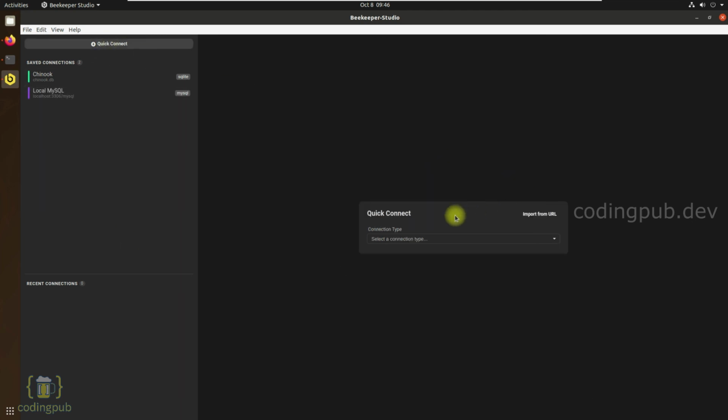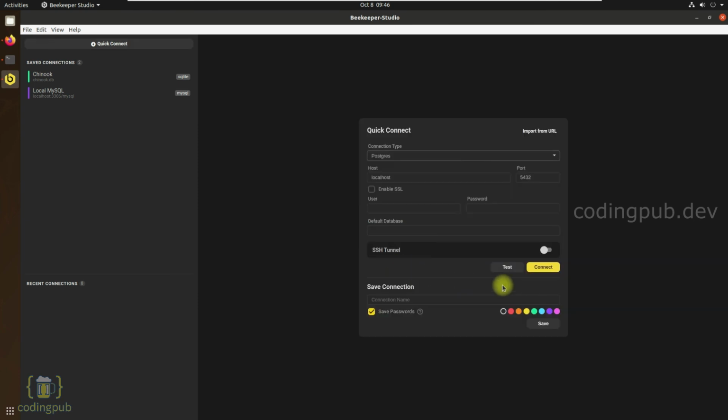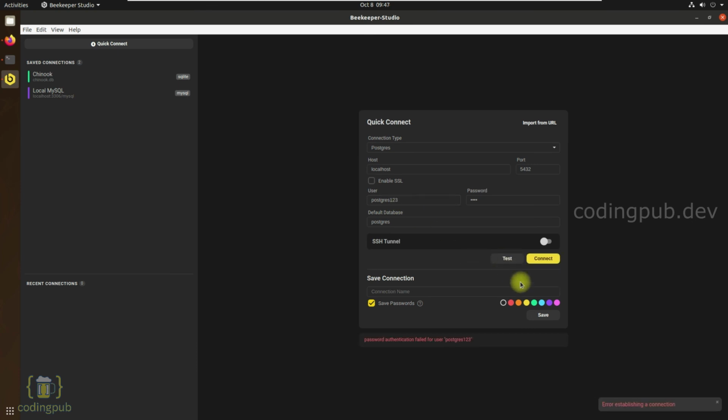Now let's create the Postgres connection. In the connection type, I'm selecting Postgres. I'm entering the username and the password, and the default database will be Postgres. Let's now try giving a wrong username and try testing the connection. I have given Postgres 123 and click on the test button.